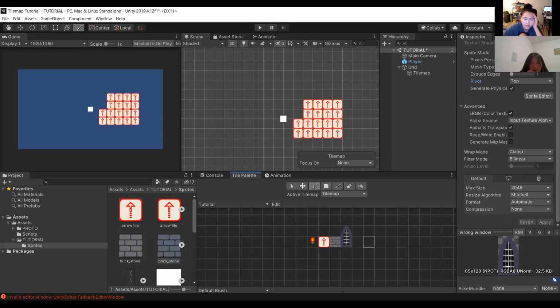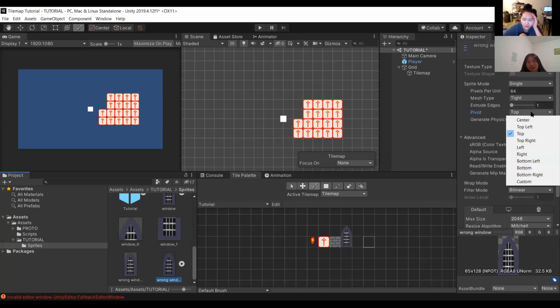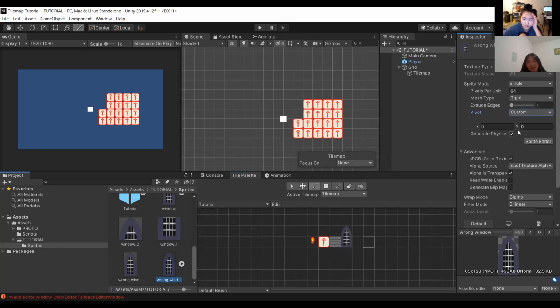Yeah, so is everyone getting it so far? As for the question on how to just have it as a single entity, you just have to fix the pivot point. I think it has to be custom and it has to be like negative 0.25 or something. I'm not really good with dimensions right now. But you want to set it to a custom pivot point where essentially the bottom left or the bottom right or the top left or the top right snap to the bottom left, bottom right, top right of a grid cell respectively. If that makes sense.